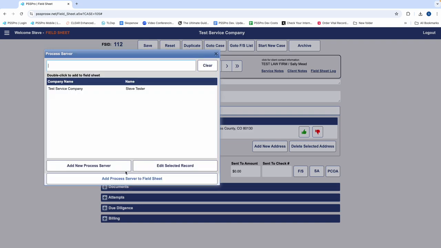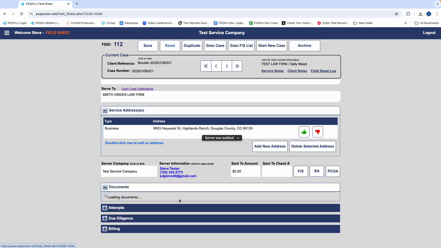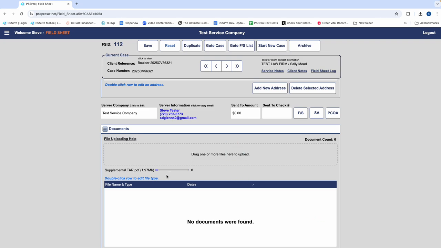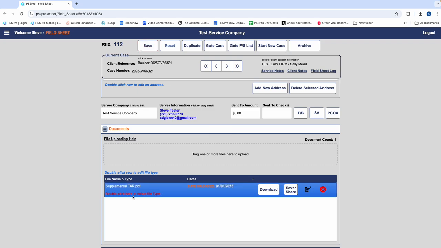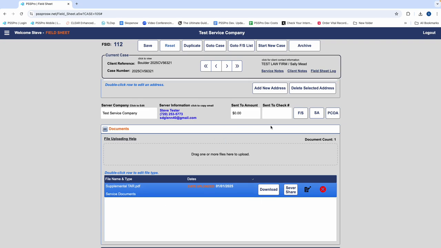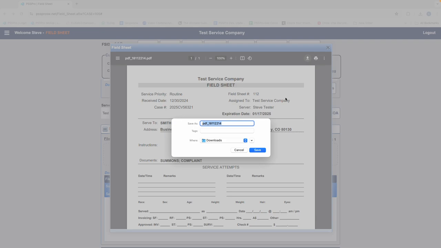And then we're going to give this to the server. Now we can drop the service documents in here if we're sending it out of state or somewhere, and select service type. Let's just do that real quick. This is not service documents, but just to show you. And if I'm sending it out of state and I wanted to just get a copy of the field sheet,